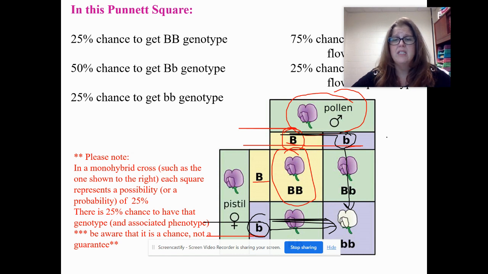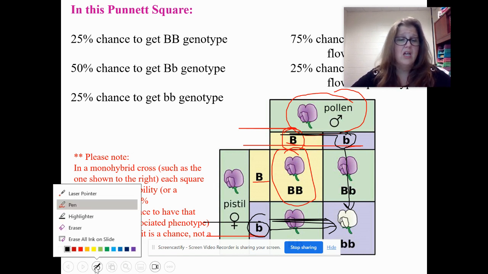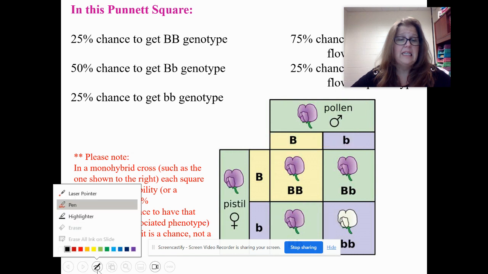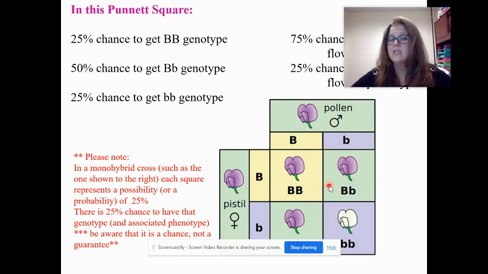But if we have the recessive allele from the pollen combining with a recessive allele in the egg, then we're going to have offspring that are homozygous recessive, little b, little b. And because it's only one square, it's a 25% chance to get that genotype and a 25% chance to get that phenotype. However, if you look at how many squares contain at least one dominant allele, we have 1, 2,